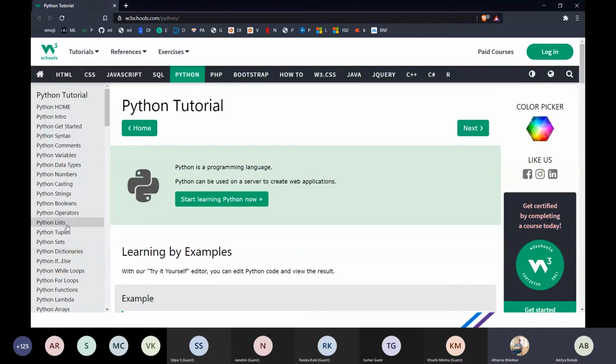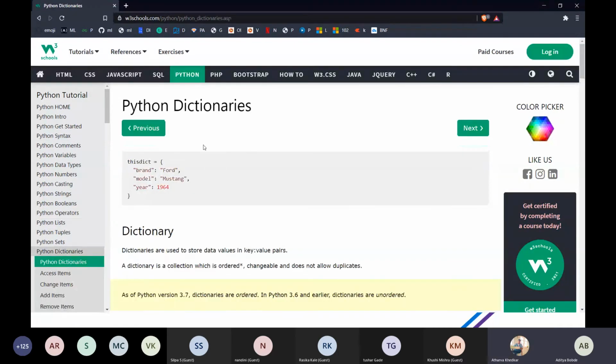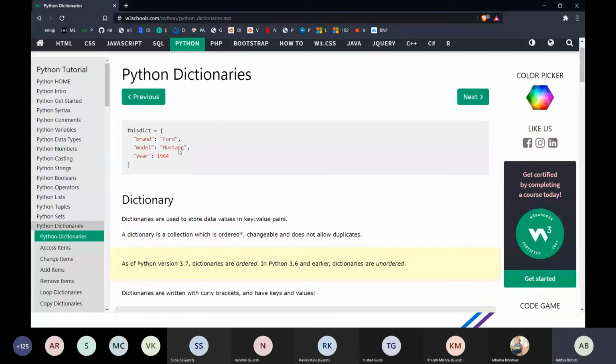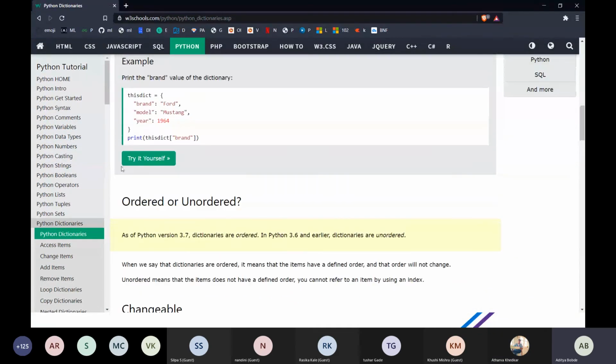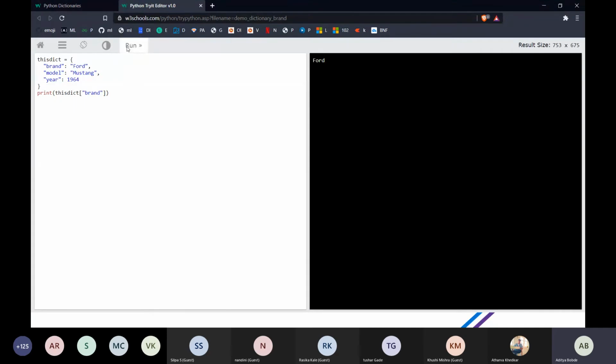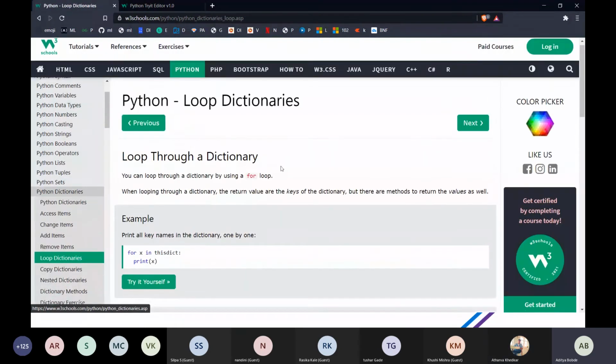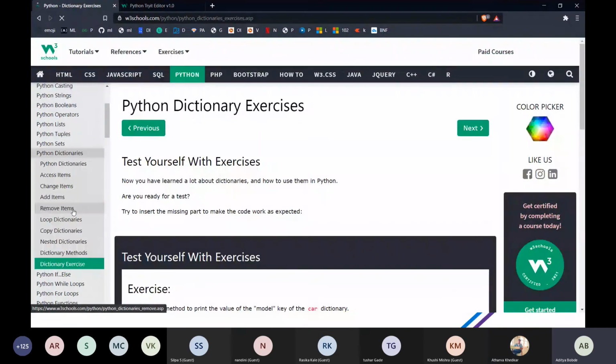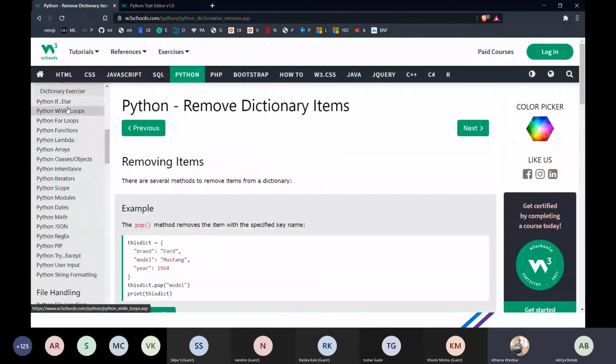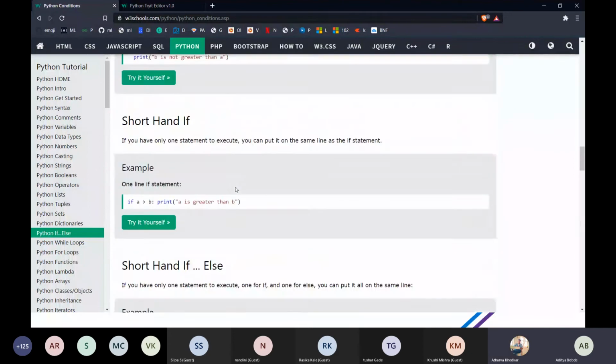Okay. So if you want to understand what dictionaries are, just recall what Atharva taught you. So you can get a complete view of what dictionaries are. Again, you have the code. You can try it directly by clicking on try it yourself. If you run it, you will get the output of what a dictionary is. Okay, so yes, it has printed the brand name as pod. So this was your dictionary. You have loops, if statements, anything you want to know about Python, you have all these things mentioned here.